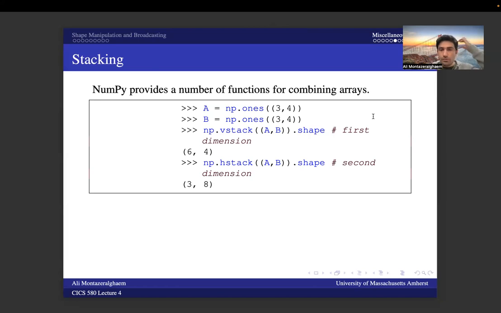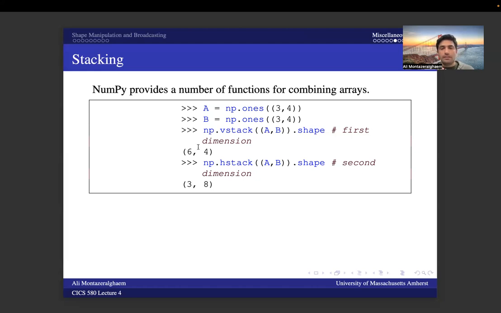vertically. So if we want to do that, we can call a function from NumPy, which is np.vstack, and then pass the two arrays that we want to have in the output. So NumPy gets a, and then concatenates the second array that we have here to the first one. If we want to know the shape of this, we have 6 rows and 4 columns